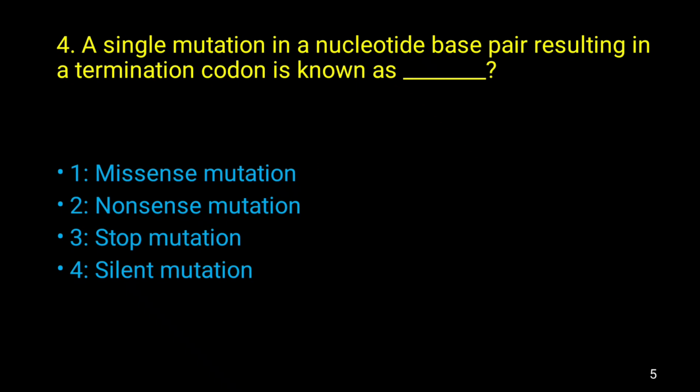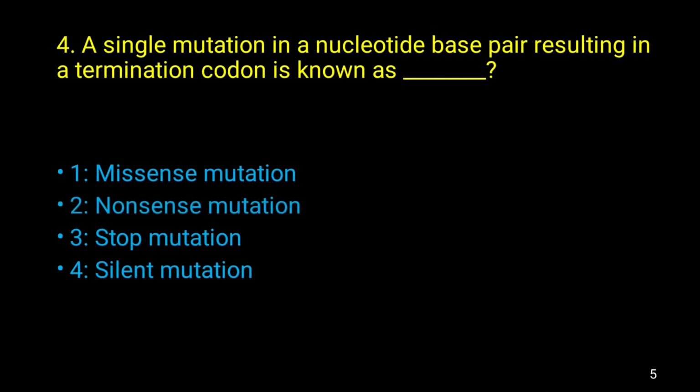Now, nonsense mutation: here the mutation is related to the terminator codon. A terminator codon is generated as a part of the mutation, or sometimes the mutation leads to a change of the terminator codon, from the terminator codon into a coding codon, which now gives the signal for one amino acid. So the basic thing is that a single nucleotide base pair change resulting in a terminator codon is known as,